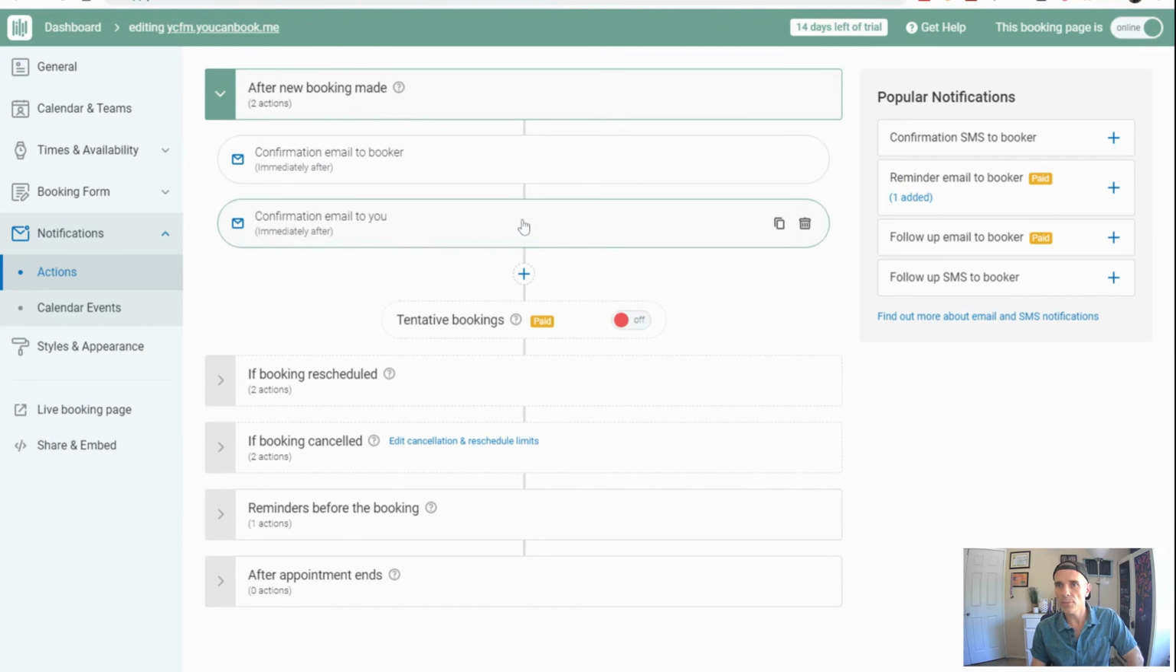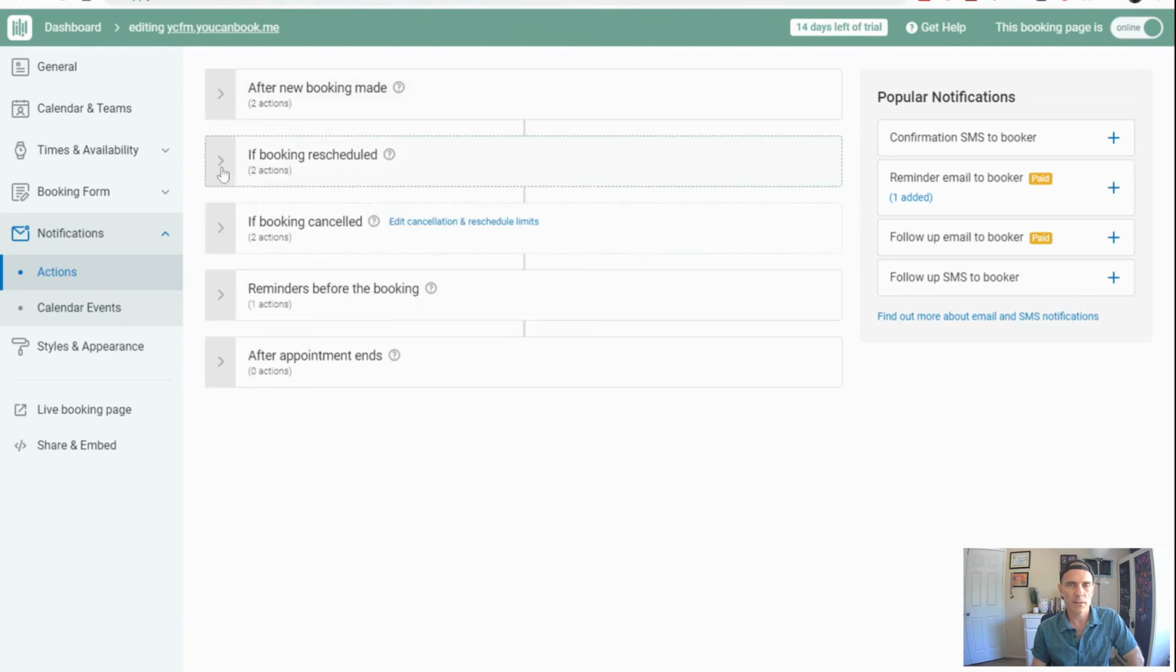to let you know that somebody's booked. You've got these SMS reminders. You've got a whole bunch of options in here. And like I said, I'm not going to go into all these because it's going to be different for you. There's what it is for me, and there's other things here if people reschedule, if the booking's cancelled, etc., etc.,